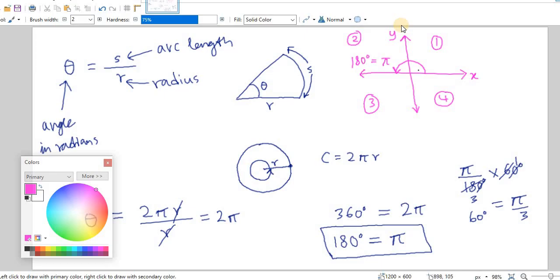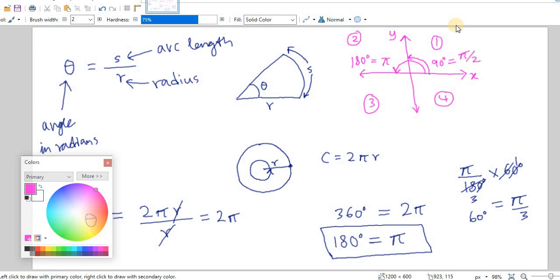Then what about from here to here? From here to here, that will actually be half of this, right? Half of that will be from here to here. So this is actually 90 degrees. If it's in degrees, you have to write the unit there, otherwise it will mean it's in radians. Then this will be pi over 2